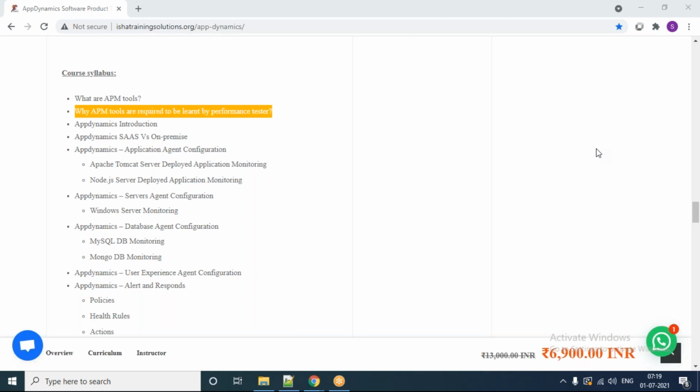Light license means you can configure one application, one database, one machine agent like that; you can make use of one unit. So for the first 15 days you can use five units, and then the pro license becomes a light license and you can use one unit. So all the way you can still use that for your learning.